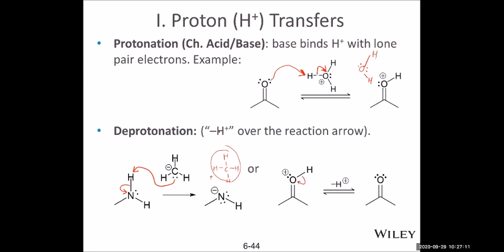The only difference is the base attacks. The base uses a lone pair of electrons to attack the proton, the hydrogen. And this is the last one. The arrows are showing you. Normally there should be some kind of base, maybe a very, very weak base. The base attacks, and then you break this bond and it becomes a ketone. So that's the proton transfer. And we have seen this before in the acid-base chapter, which was in our test.